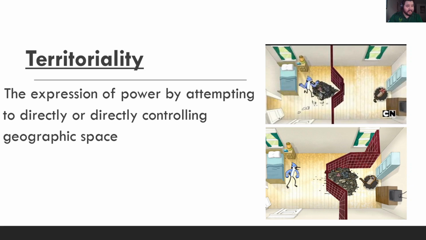Those of you with siblings who maybe have shared a room in the past, or have had to share a space in the past, likely can think back on a time where you were arguing or at the very least not agreeing on how to divide the space in which you were. And that territoriality is part of that, right? It's kind of a not quite primal, but almost ingrained instinct, right? If I control more space, I have more control, period. That means I have more power.